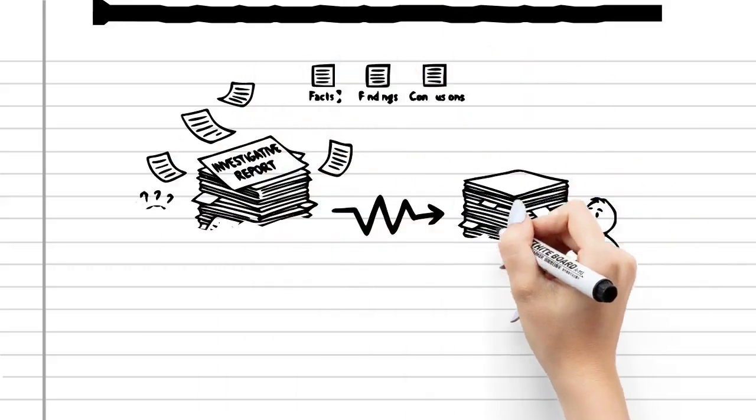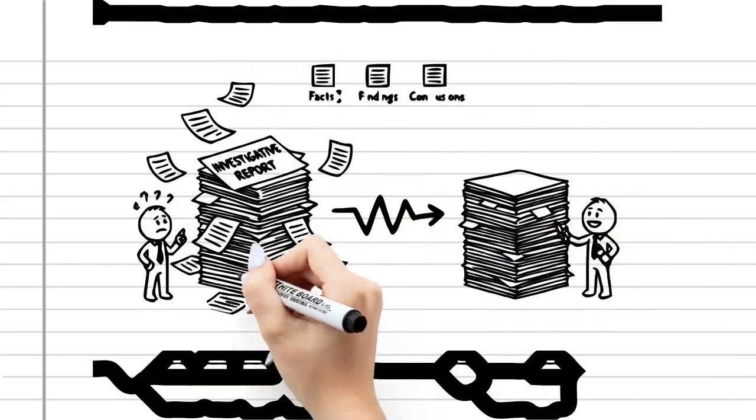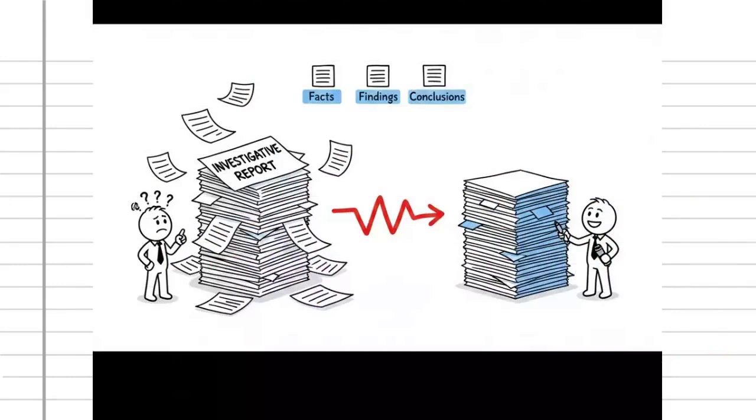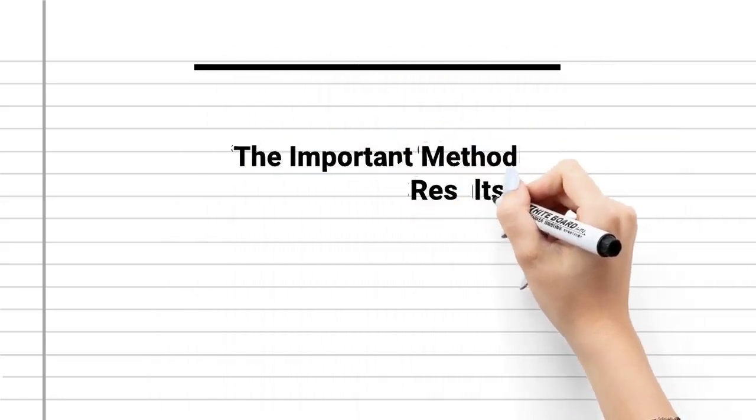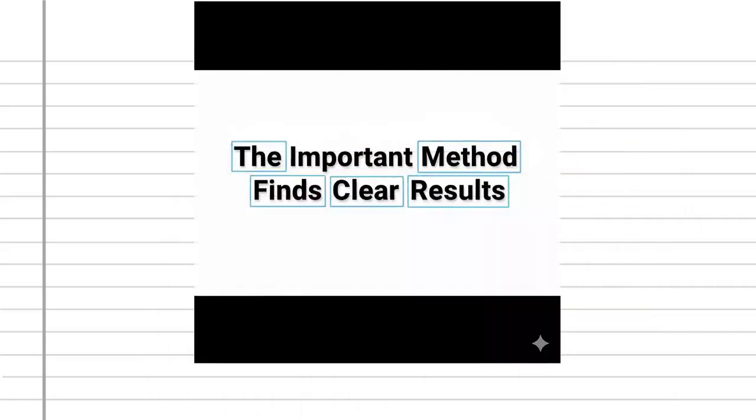Investigative reports can feel long and overwhelming, pages full of facts, findings, and conclusions. But don't worry, I'm here to break it down for you step by step. Today we'll use a simple memory trick, a mnemonic, to make every part of the report easy to remember. Follow along as we uncover each section clearly, so you can understand the report from start to finish without missing